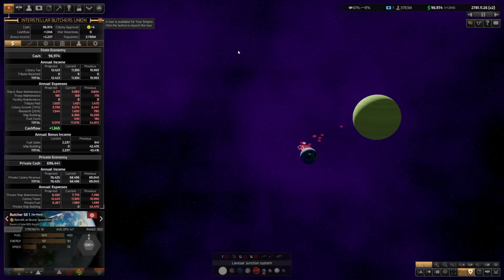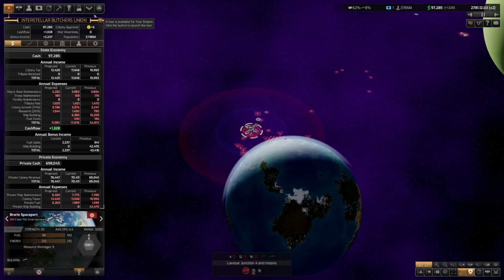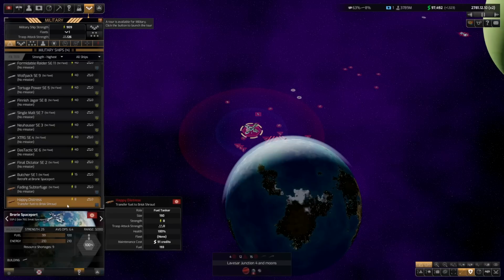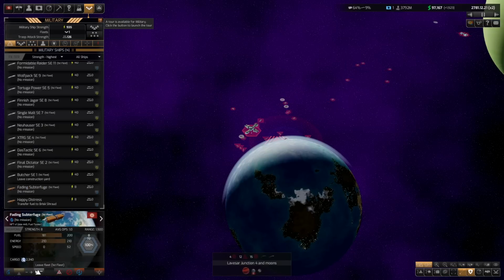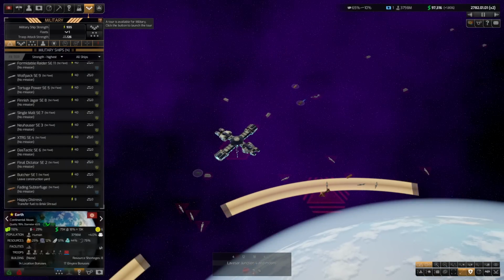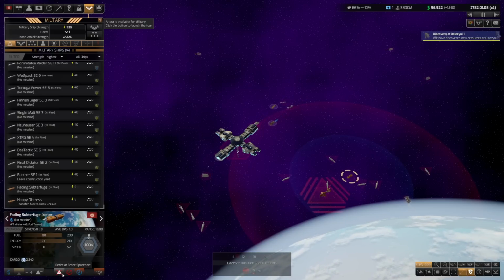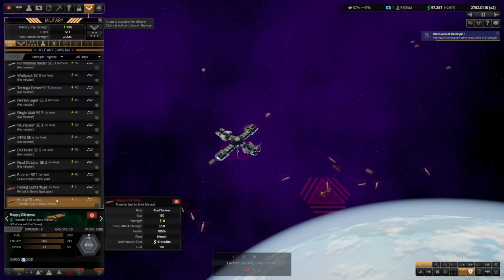We're up to $96,000. It's nice to have a lot of money, but I don't know what to spend it on. I don't know, like, what are our fuel ships doing here now? Transfer fuel to Brisk Shroud. So we've got one fuel ship that's assigned to the fleet. We've got one that is transferring fuel